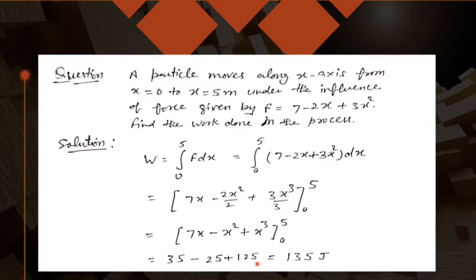But you should know, always after working out the integration, you have to put the limits. Supposing in place of 0, they give you displacement from 1 meter to 5 meter. Then you have to always work out the upper limit minus the lower limit. In this particular question, the lower limit is 0, so I am not getting any value for that. Simply by solving this, I will get the answer.